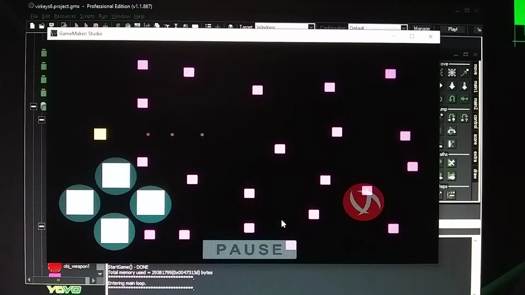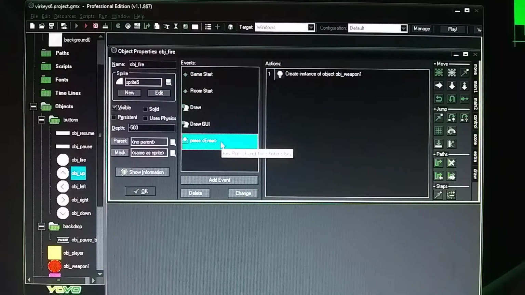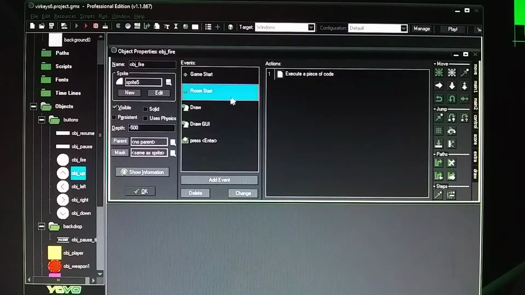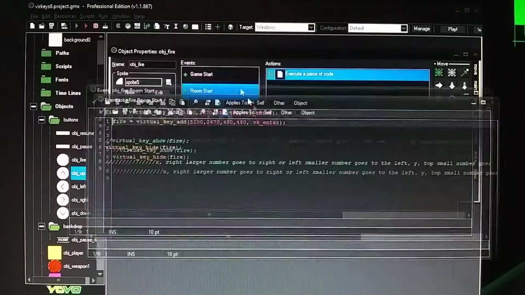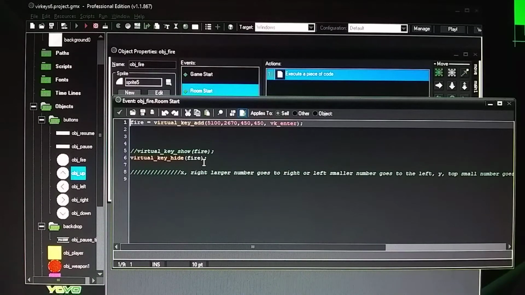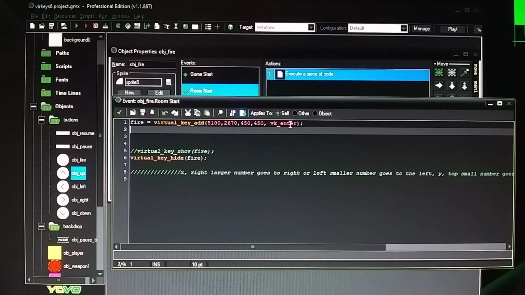And he's able to fire. So I know it's not deleted because I press enter to fire the weapon. And you can see here that I say v key underscore enter. So this is the button it's going to utilize for your